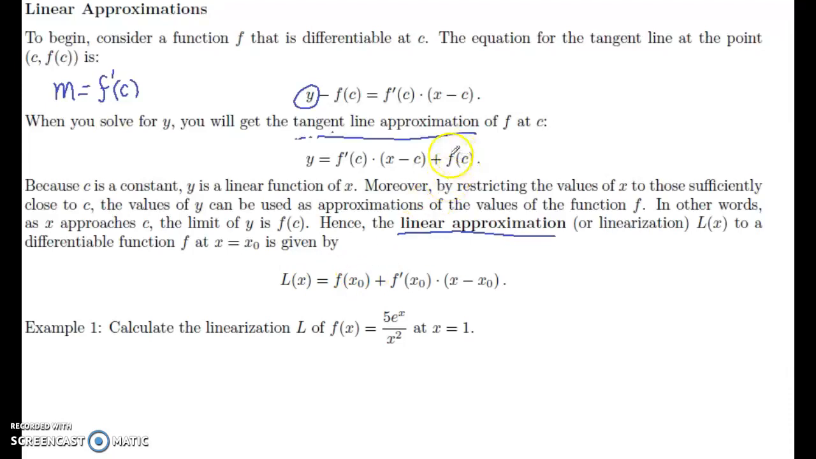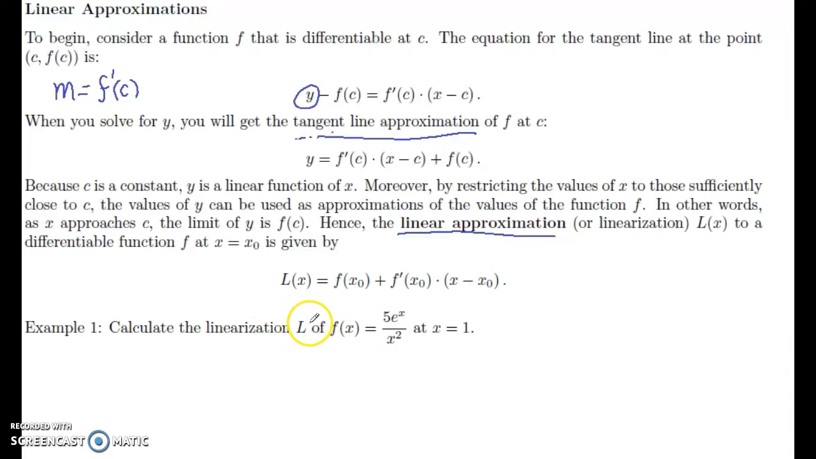f of x0, so it's like f of c. Replace c by x0, we get f of x0 plus f prime of x0 times x minus x0. So this is a linear approximation formula,